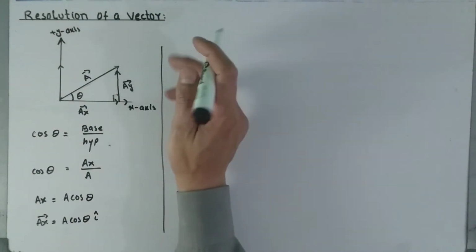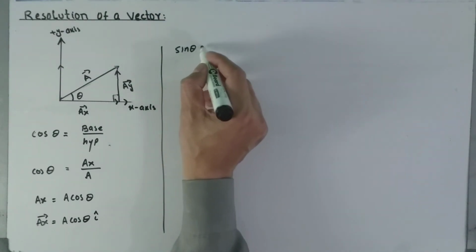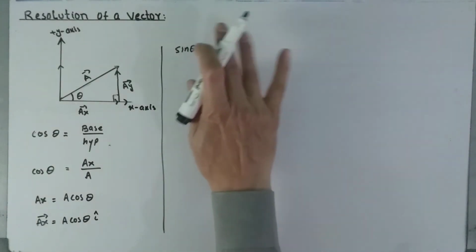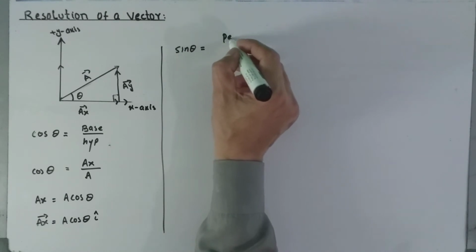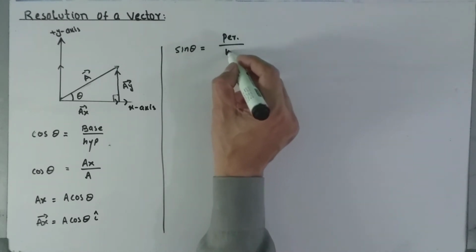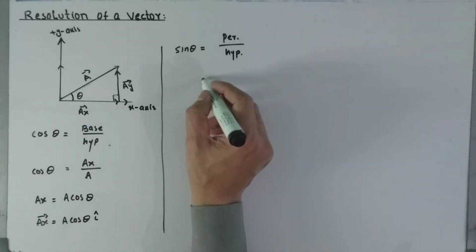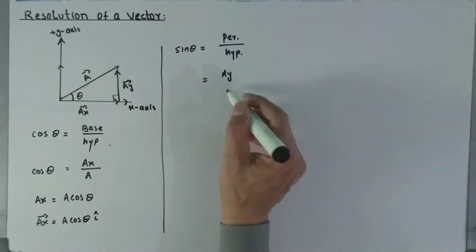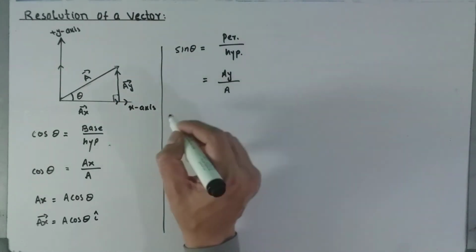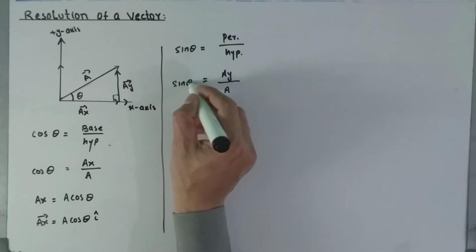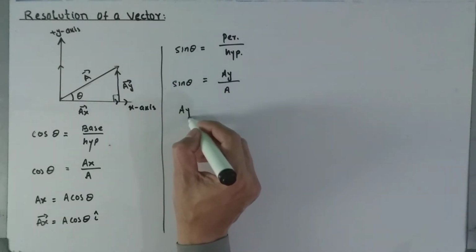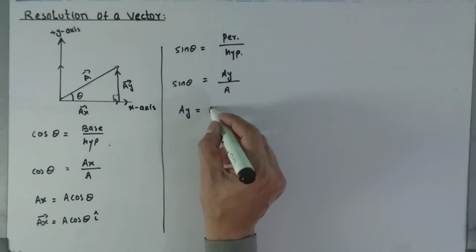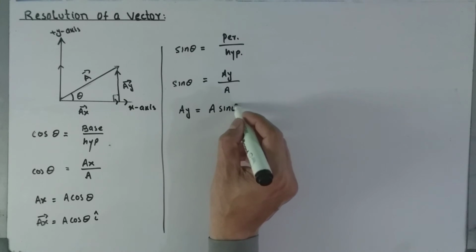Okay, sin theta. By sin theta we can find out the value of the vertical component. Sin theta is perpendicular upon hypotenuse. This is the trigonometric ratio, perpendicular upon hypotenuse. So for perpendicular we can write Ay, which will be the magnitude of vector Ay. Ay upon A, which is the magnitude, is sin theta, and Ay, the magnitude of the vertical component of this vector, is equal to A sin theta,